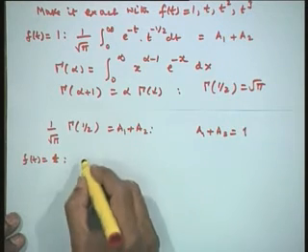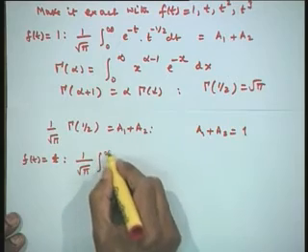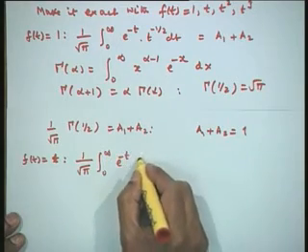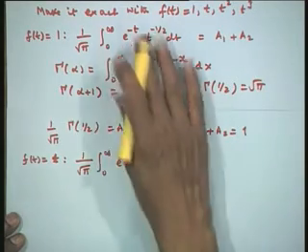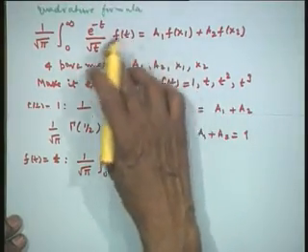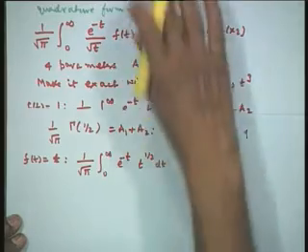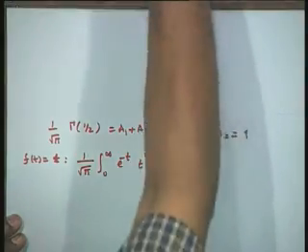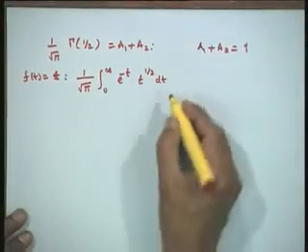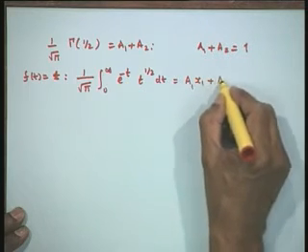f(t) is equal to t, so 1 upon root pi, integral from 0 to infinity of exponential of minus t. Now, I have f(t) equal to t, therefore root t cancels, and I will have t to the power of half in the numerator, t to the power of half dt, and the right hand side is a1 x1 plus a2 x2.